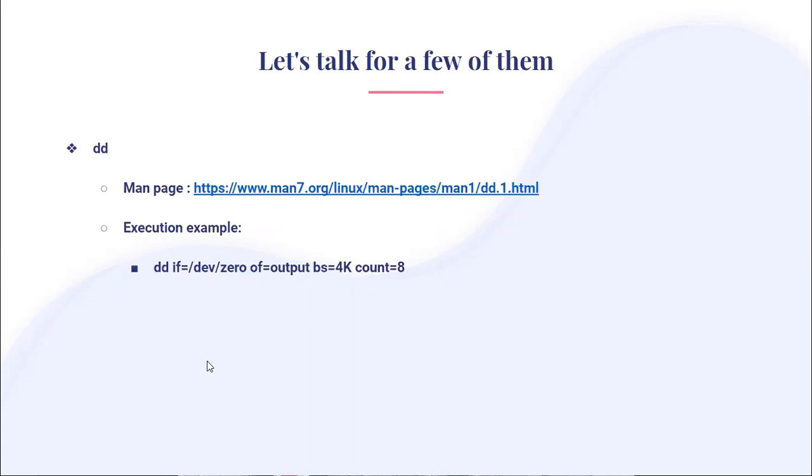So what I was saying is that I'll show you what the flags and values are which you can use. But I do suggest that you go through the man pages and understand them so that you can use the flags which are required for you. Okay, so first go with dd.